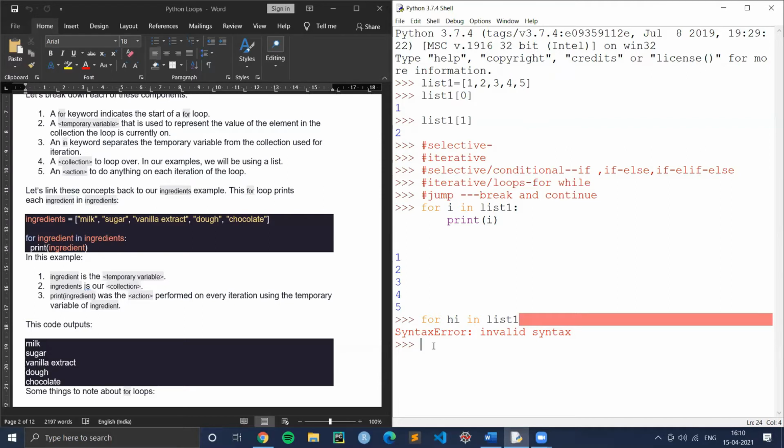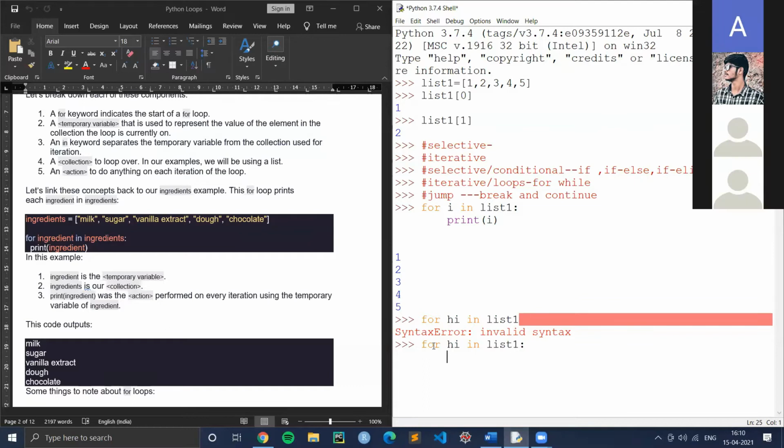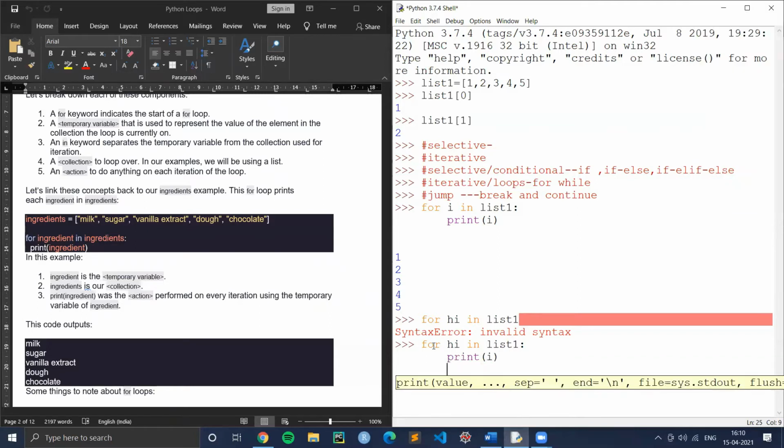As I said, you can see there's a syntax error, which says it's an invalid syntax. The same thing, if I write for hi in list 1 and I put a colon, there's no error. It will indent. It will show me 6 white spaces, and you can see the gap, and then I can print whatever I want to print.